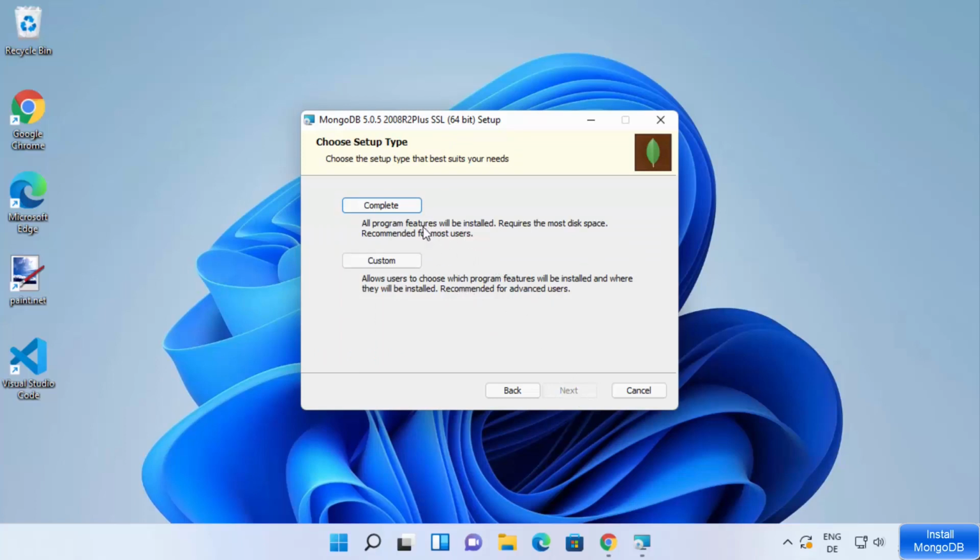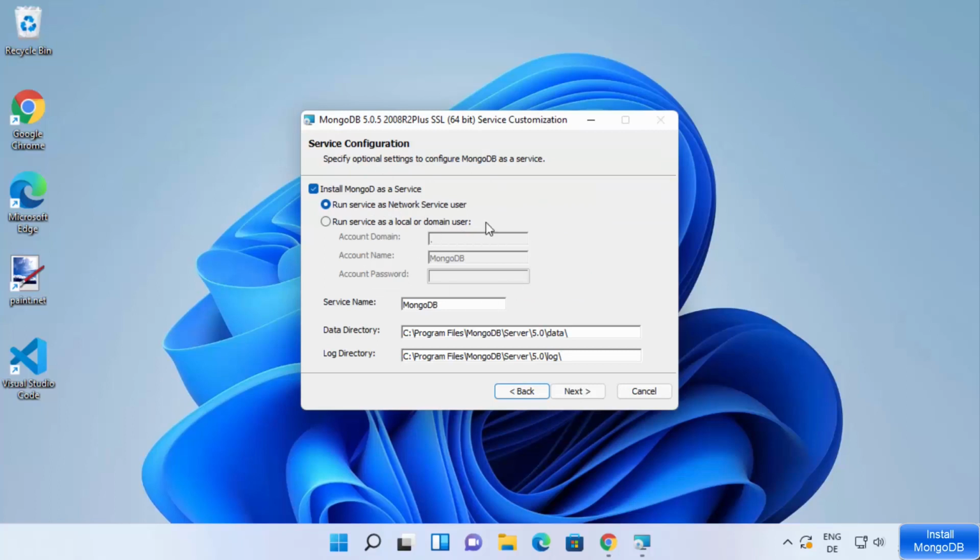So we are going to choose the complete setup for MongoDB. I'm going to just select this, and then you will see this kind of window. Now here you can see the install MongoDB as a service selected, and I'm going to leave this first option as run service as network service user. And then you have the service name, which is going to be called MongoDB, which is okay. And these are the data and log directories where your MongoDB will be installed, and it will save its data and it will save its log. So if you don't have a good reason to change this location, just leave everything as default